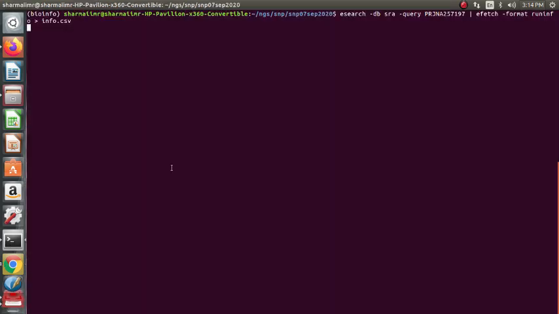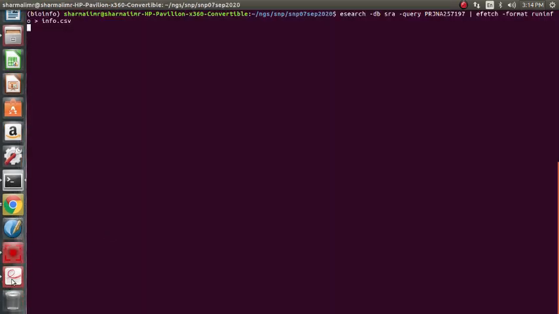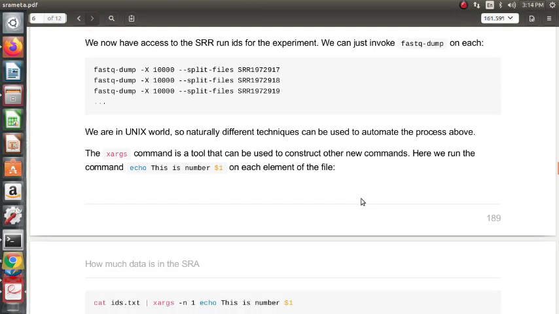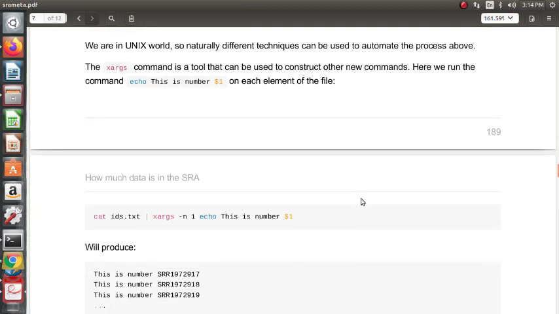The run info is still being downloaded, and we also have the xargs command. That's a tool that can be used to construct new commands. Basically the xargs command can be used in combination with existing commands to give arguments on the command line itself.